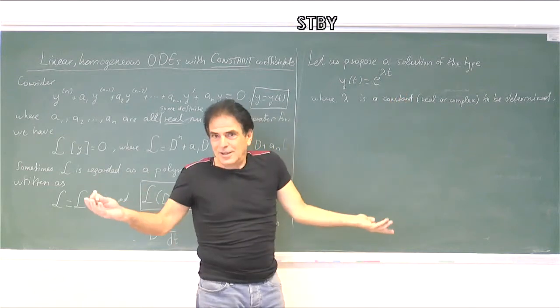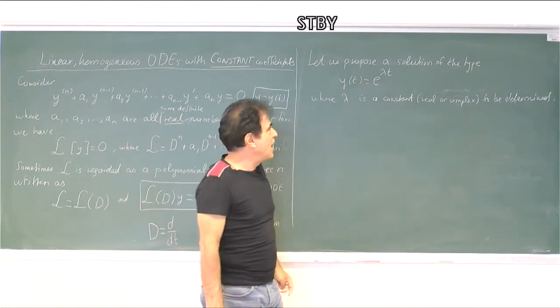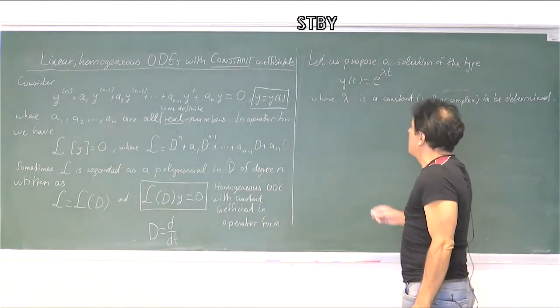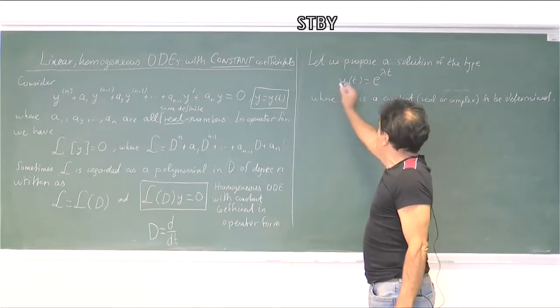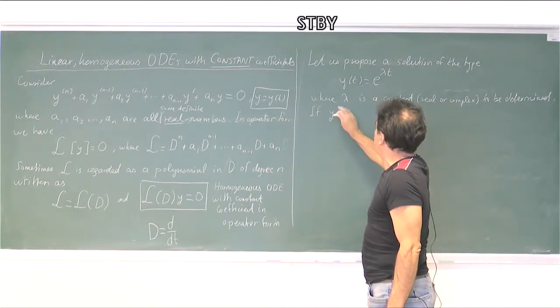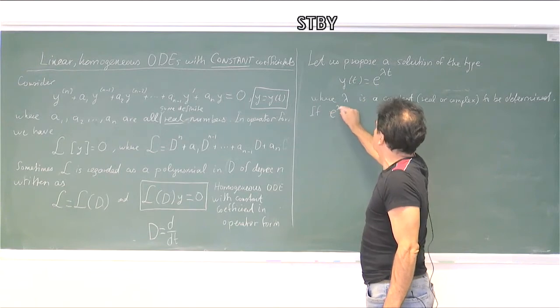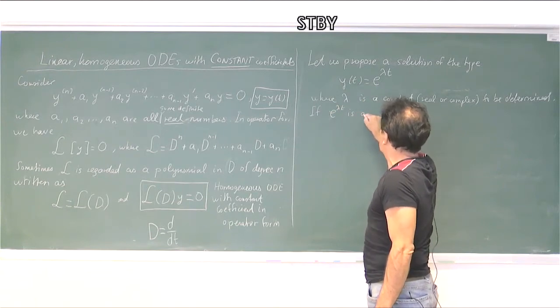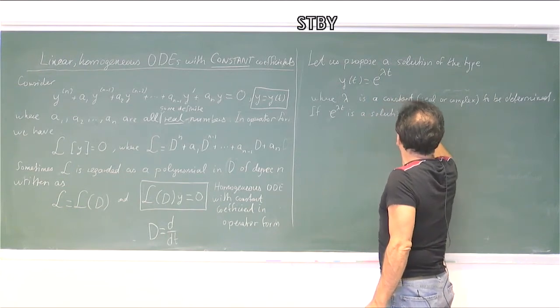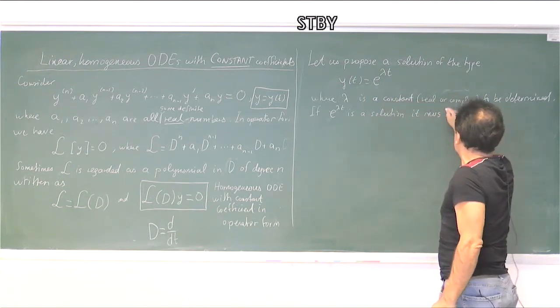That is the very simple idea behind our study. Look, so if we say that y of t, or e to power lambda t, is a solution, it must satisfy